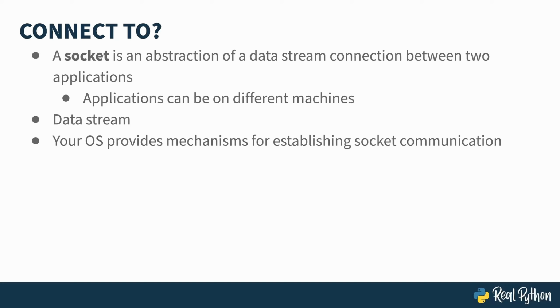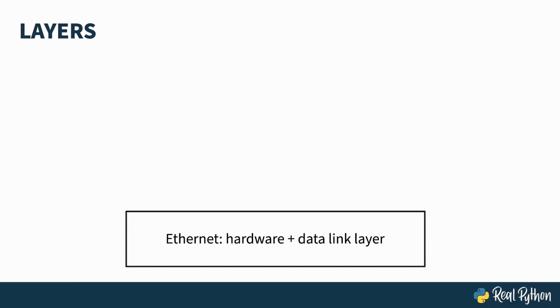Let's move from the vague, there are protocols below your protocols, to the slightly more specific. You can think of your network as a series of layers. At the bottom is Ethernet, which is the hardware and what is known as the data link layer. This is your actual network card along with device drivers your operating system uses to interface with it. Ethernet isn't the only networking hardware out there. There are others, but as most of the internet is based upon it, it's the one you're most likely to